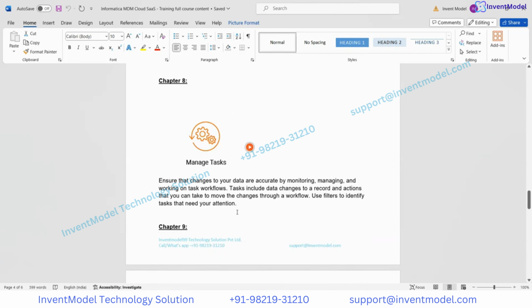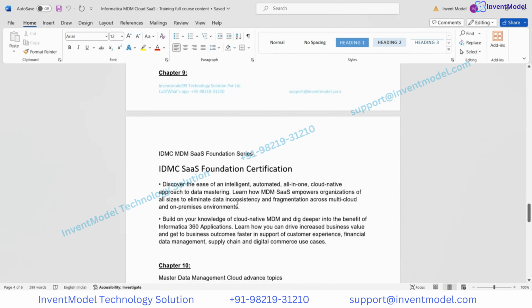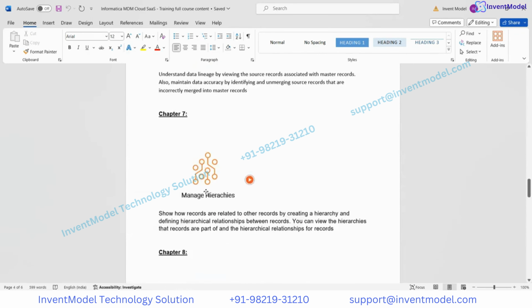Then we'll have the managed task. In managed task, as we know, earlier we had the Active VOS, right? Through that we used to create the workflow and manage the task in the on-premises. For replacement of that, they have introduced this managed task services. Within that service, we can create a task and manage it, and we can send it at different levels of approval. Then in chapter 9, once we complete this basic part, then in the last,